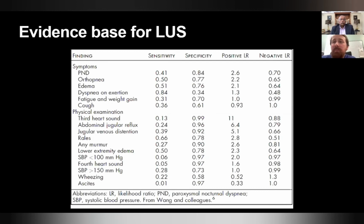So likelihood ratio, just as a very quick reminder for those of you doing your statistics, so that's how good your test is. So if you have someone who has got a history of cardiac disease who comes to you and you're sat in an emergency room or you're sat in a cath lab and you get a history of someone who's got acute central chest pain radiating to the arm and jaw, they look grey and sweaty. You know, if you go and see the patient, you might think that person's got maybe 80% chance of having